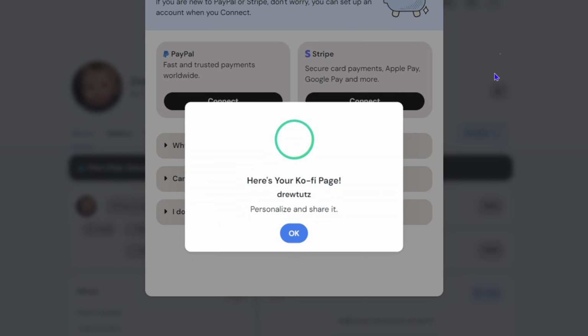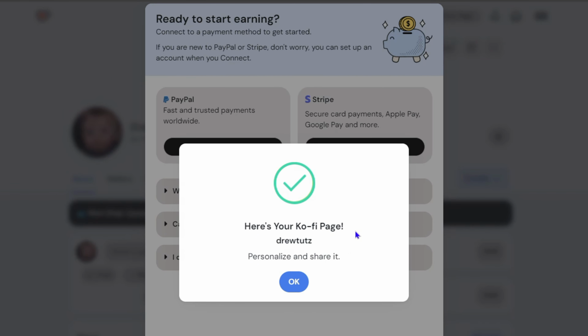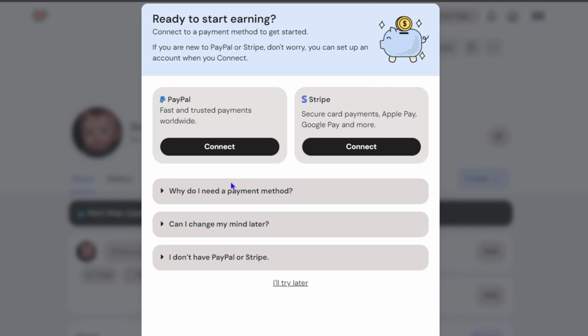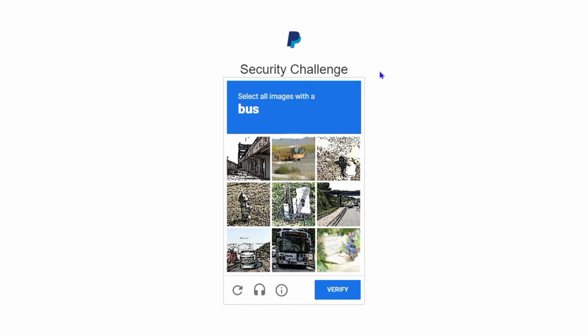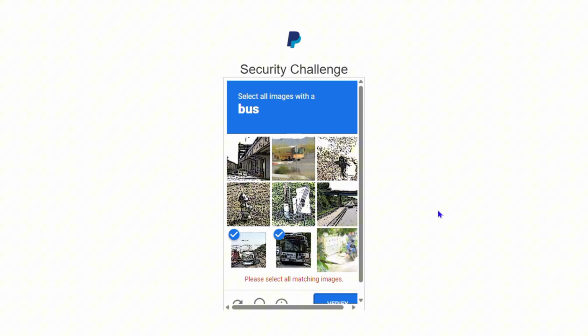And you will see it's currently creating your account, and guess what it says here, your Kofi page is personalized. So you can click on OK. Now here you can choose if you immediately want to add a PayPal or a Stripe account. All you have to do is simply click connect. You will receive a pop-up, let me show you what it looks like. You can click connect, and here it's going to ask you to accept that you're not a robot. And okay, it says choose the one with the buses. Go ahead and choose those, verify,